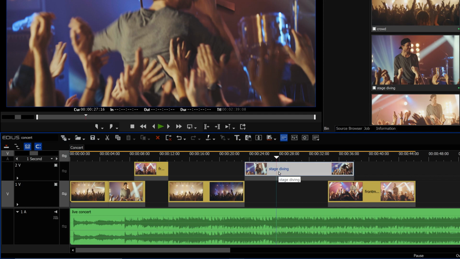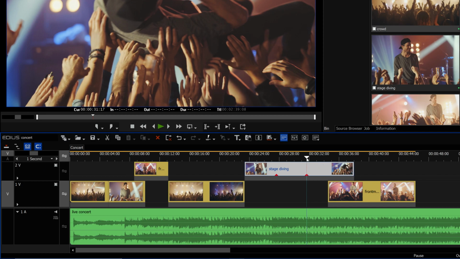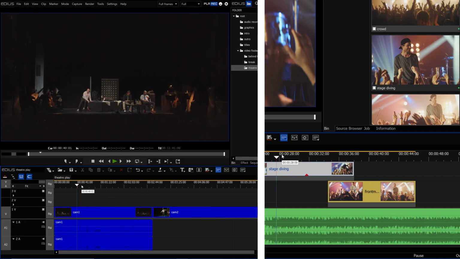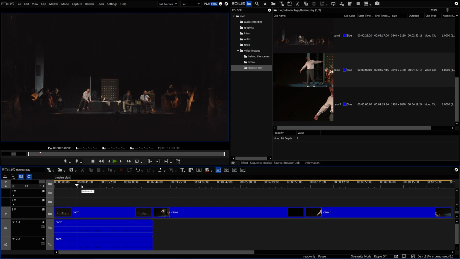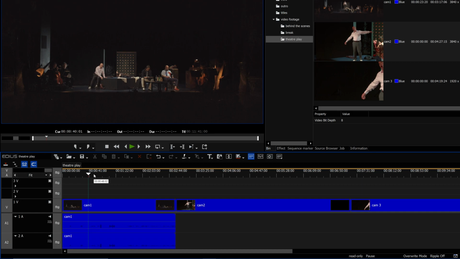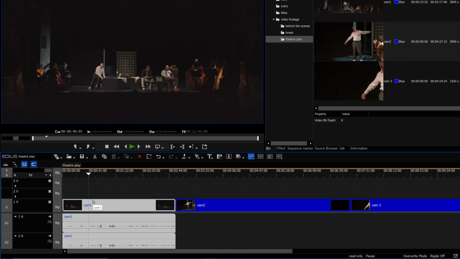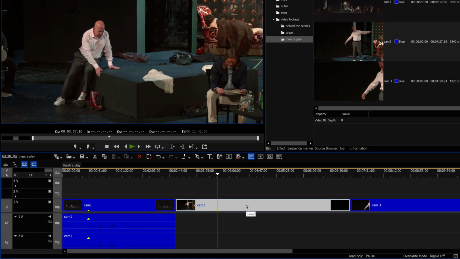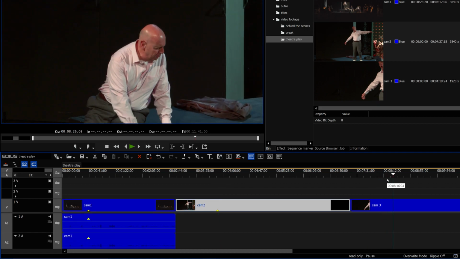For example, you can set a clip marker simply to mark an important moment in a clip. If you wish to remove the marker, simply press the shortcut, which we have just assigned. You can also use clip markers to manually sync video clips. This is useful in cases when you have video footage from different cameras, but not all clips contain audio for automatic audio sync.